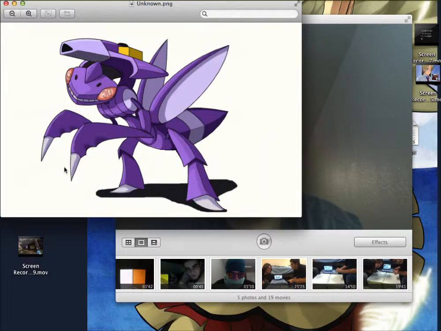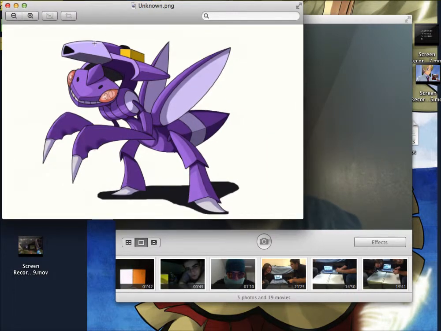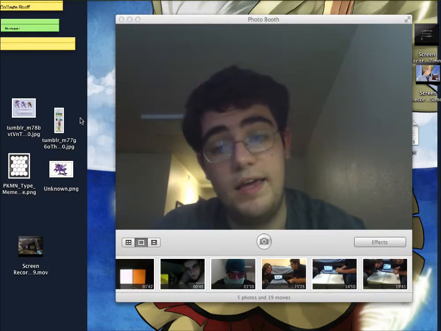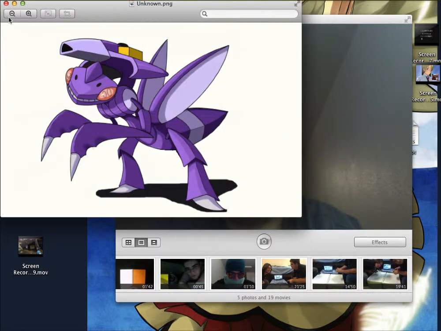For those of you who are unfamiliar, Genesect is kind of like a grasshopper-like Pokemon. It doesn't normally have wings like you see here, but Genesect and Volcarona are the only bug-type Pokemon officially that can learn Fly, and I think the artist who made this fan art was kind of like, okay, how can it learn Fly? And so they decided, oh well, maybe its abdomen has wings. I